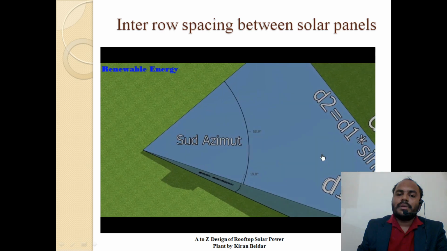According to the horizontal side, we are taking the solar azimuth